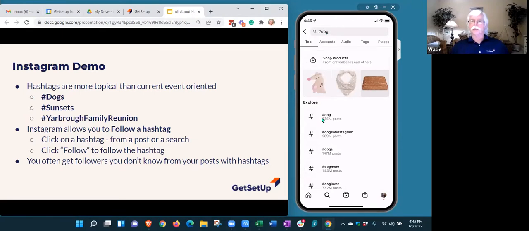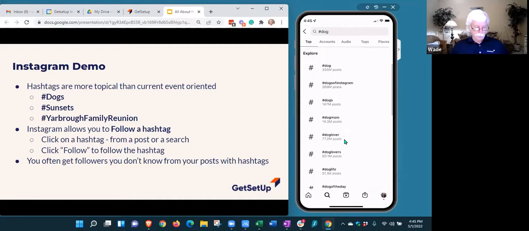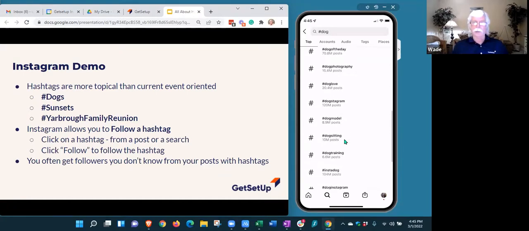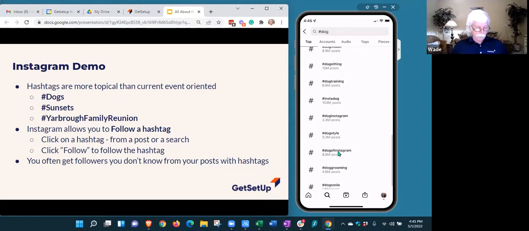There is one hashtag dog that's got 335 million posts. Dogs of Instagram's got 269 million posts. So there's lots of hashtags that have to do with dogs. This is kind of what I was saying. If you really like dogs, you've got a lot of choices in terms of what you want to select. Now these are starting to get a little more targeted: dog sitting, dog training, Instadog.